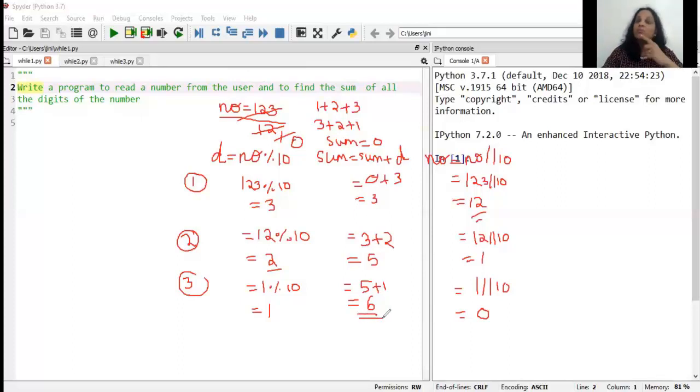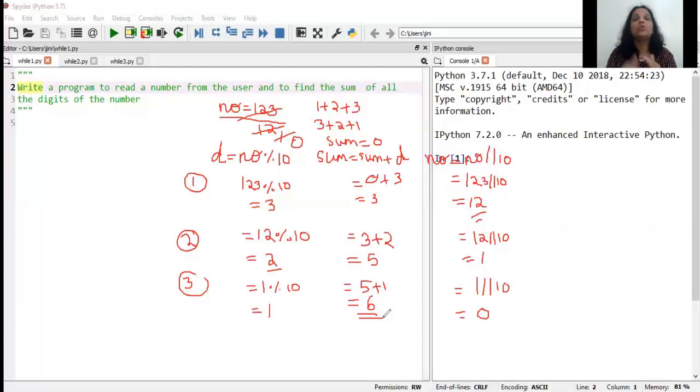So I'm repeating this loop how many times? I can't say how many times. I can't say 2 times, 3 times, 4 times. I will say as long as NO doesn't become a 0, I will keep doing it. But the minute NO becomes a 0, I will stop. That is why we say that a while loop is a conditional loop. I cannot know beforehand how many times it will do. It will depend on when NO will become 0.